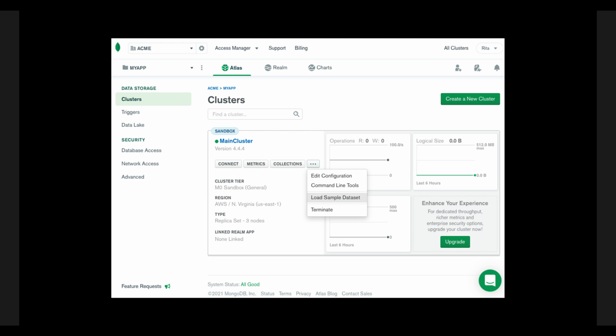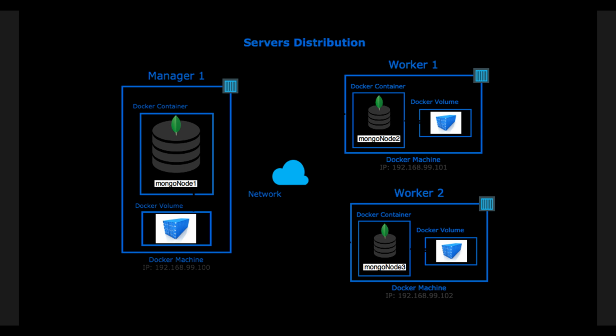Now, there are different ways to use MongoDB. For example, local installation: you can directly install MongoDB on your machine if you prefer working offline. Another way is MongoDB Atlas, a fully managed cloud database service by MongoDB. It handles all the server setup, backups, security, and scaling automatically. The third way is Docker setup, which we will discuss today in this video. You can run MongoDB inside a Docker container, which makes setup very easy and portable.